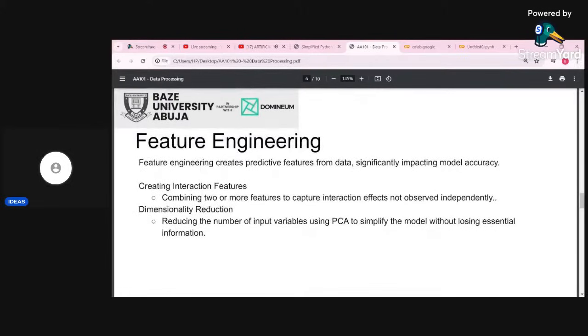We also have feature engineering. Feature engineering creates predictive features from data, significantly impacting model accuracy. So this is the combination of two or more features to capture interaction effects, like using length and width to create area. We also have dimensionality reduction, so just reducing the number of input variables to simplify the model